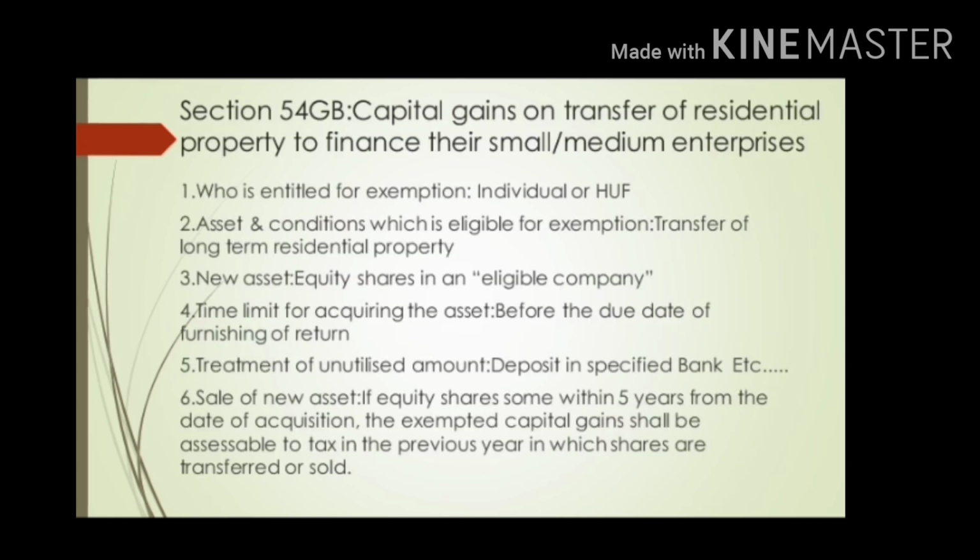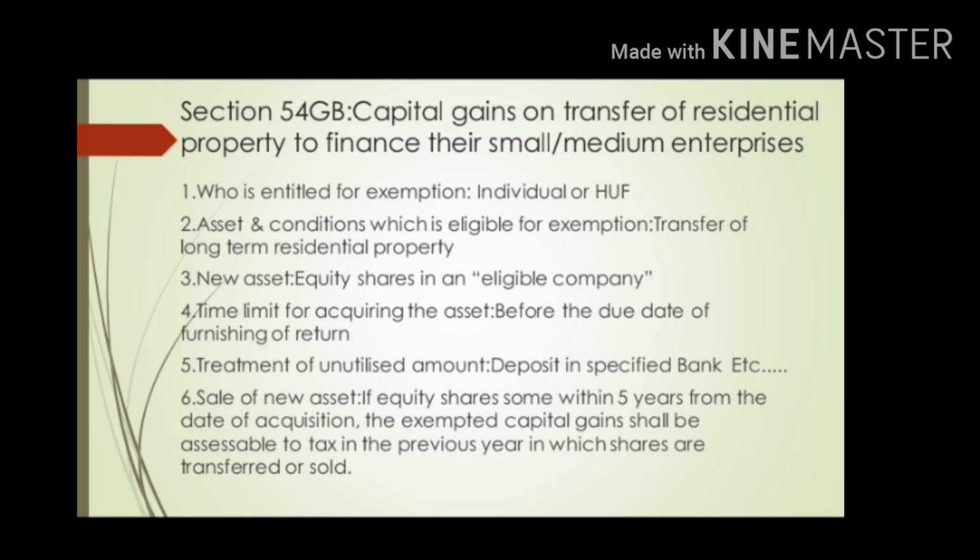And the next section is section 54GB. Here we are going to discuss exemption from capital gains on transfer of residential property for the investment in eligible company, means to finance their small or medium enterprise, and it is applicable to individual or HUF. The asset and condition which is eligible for exemption is transfer of long-term residential property, that may be a house or a plot of land, and the new asset the assessee should acquire to get the benefit of exemption is equity shares in an eligible company, and the time limit for acquiring the asset is before the due date of furnishing of return,